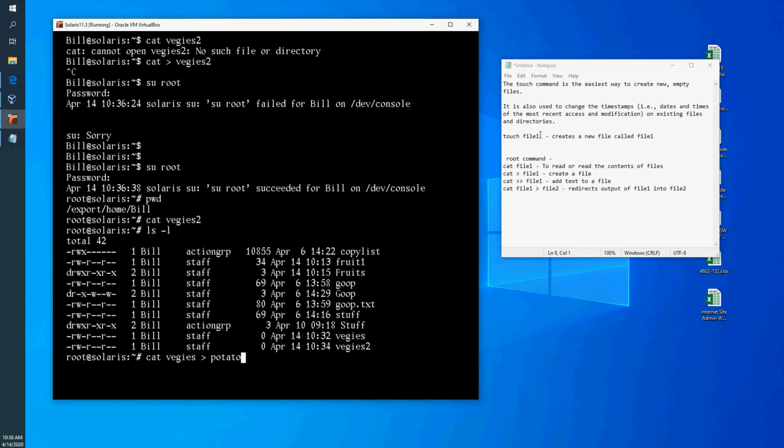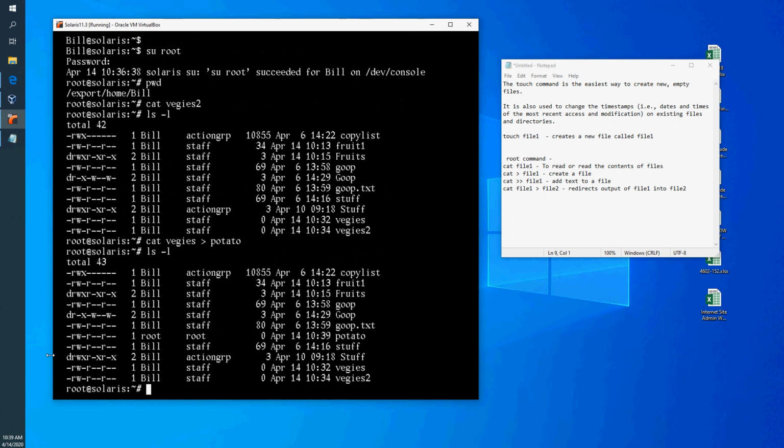So before I go and explain what I just did, let's analyze this. Cat basically will create a file called veggies. We know that. It did. It worked. And then we redirect the word potato. The concept is we're redirecting the word potato into the file called veggies. I press enter. Okay. Let's now go ls -l. You'll notice right now there is a folder